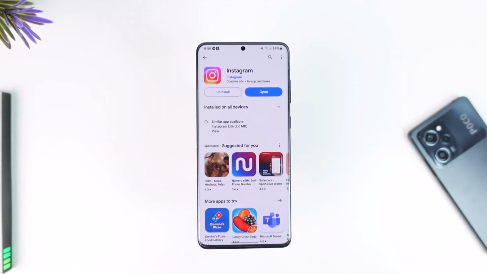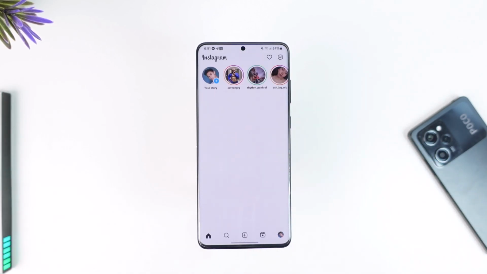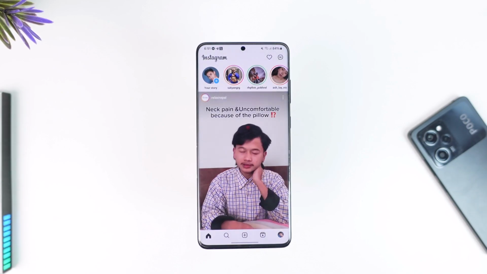In this video, I'm going to guide you on how you can add collaboration to Instagram Reels, so make sure to watch the video till the end. Now, you must be aware that you can also add a collaborator while you are posting